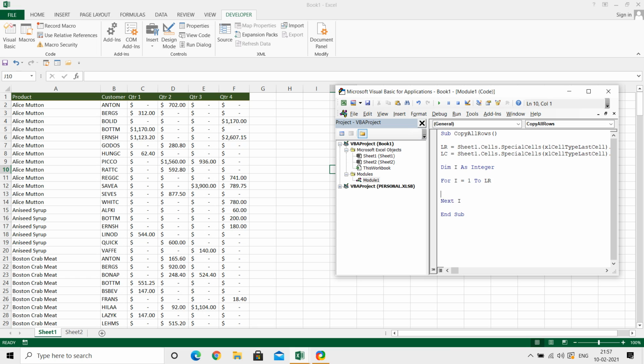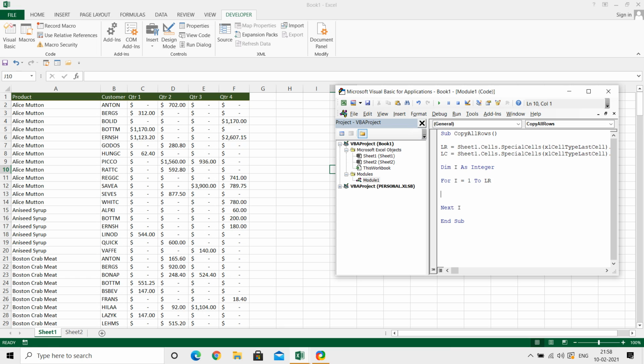Supposing the last row is 200, from 1 to 200, that is 200 times this macro will be executed. Next I, once it reaches the LR, that is 200, this macro will quit. So what is the macro?